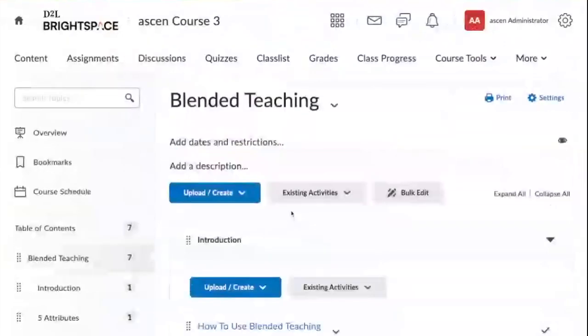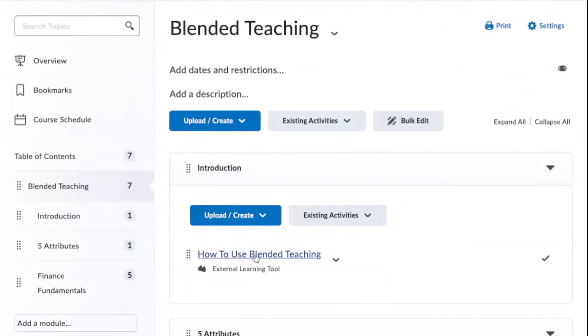Once you have added those links, they'll be ready to go. For your students, when they click on those links, they'll be taken straight through to blended teaching, where they'll be able to access that material. It's worth noting that when they click on that link,